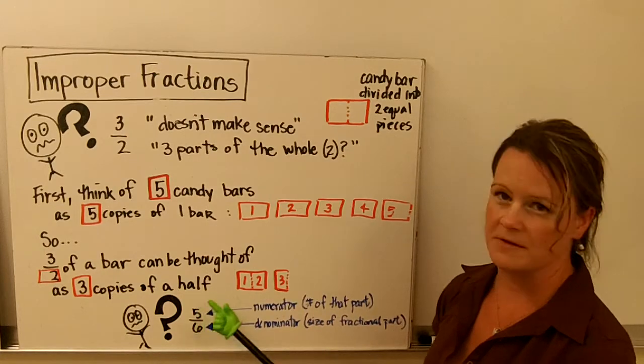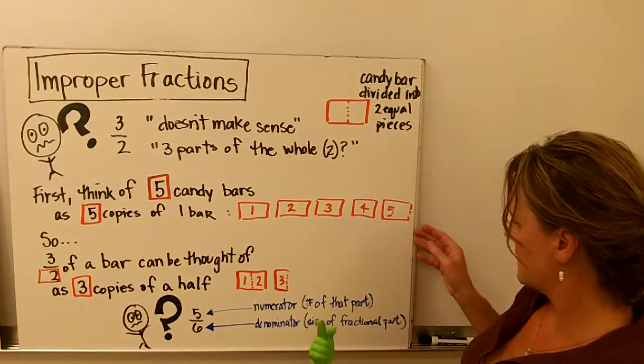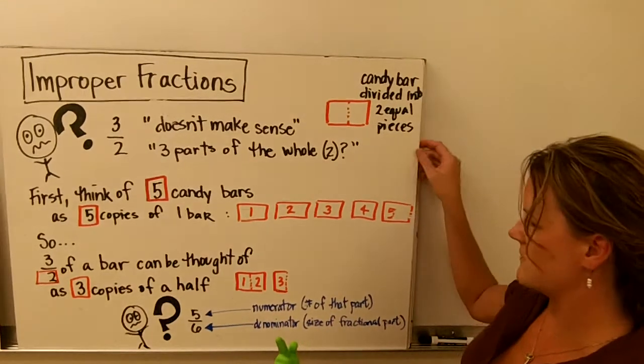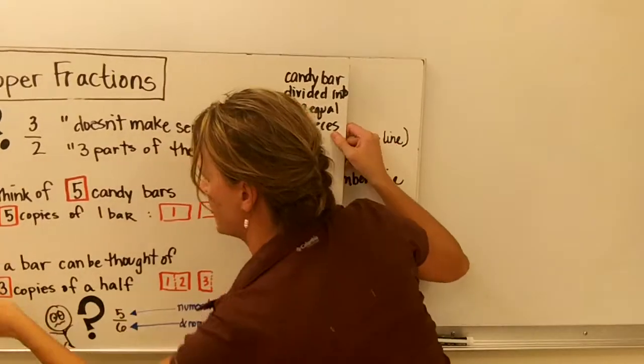5/6 would represent you having 5 parts, and then they are broken up into 6ths. That's the size of the fractional part, is 6ths. All right. So now we're going to talk about